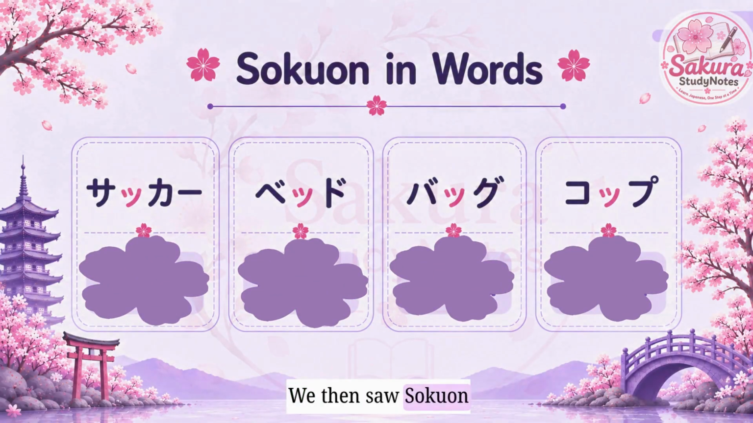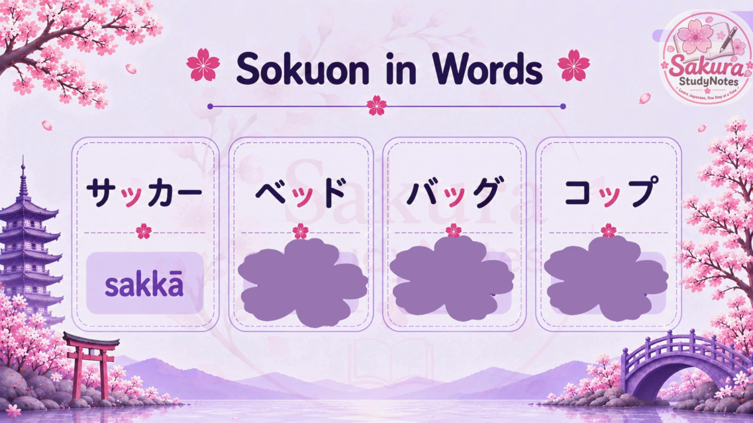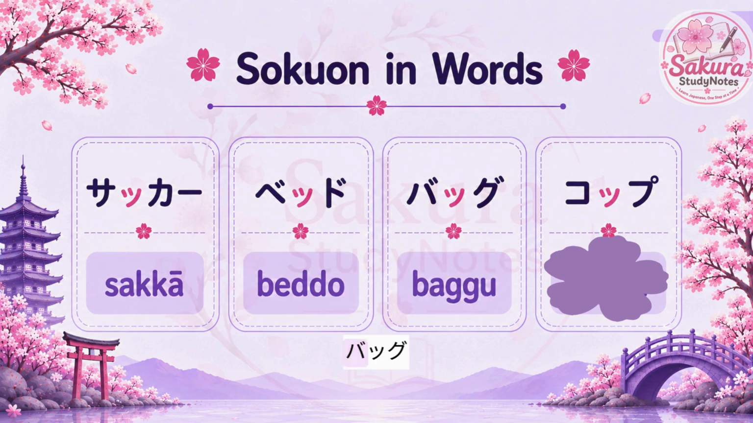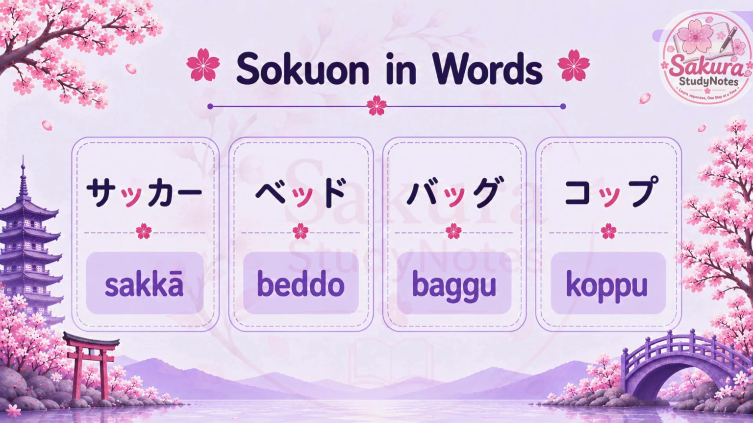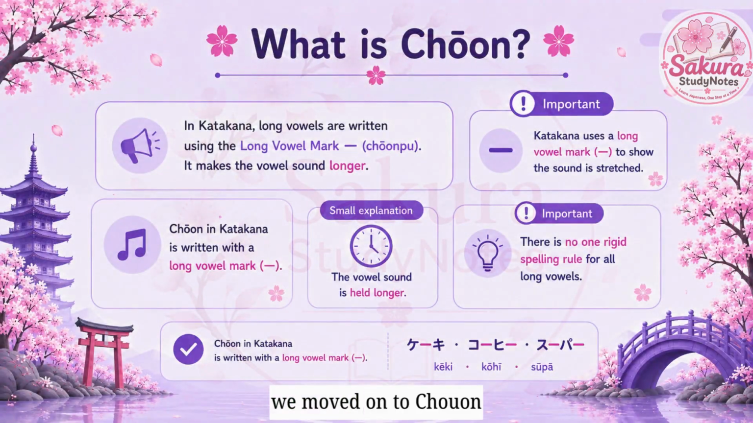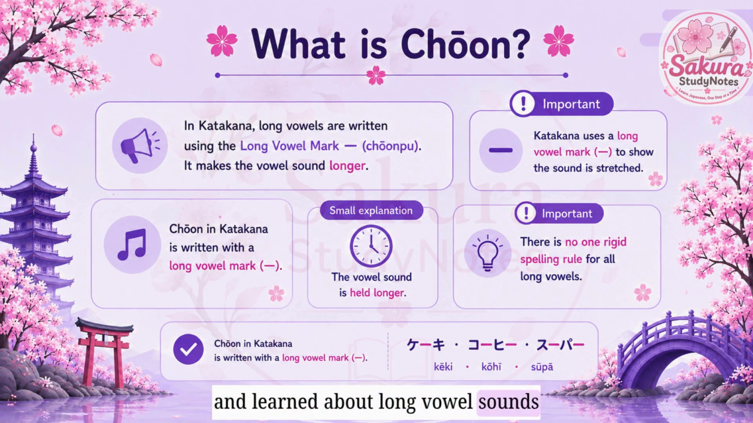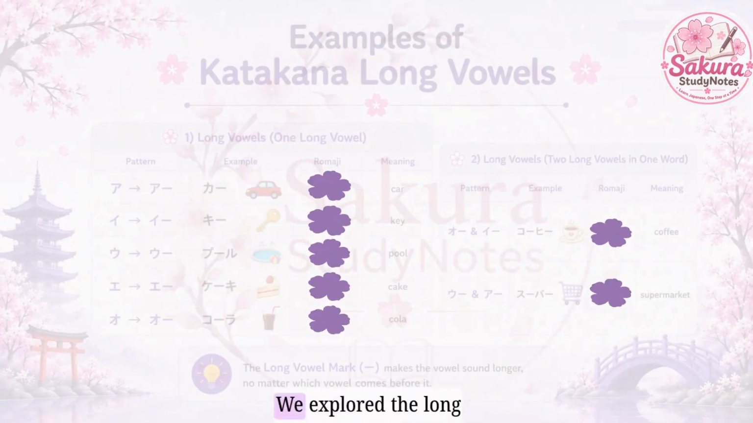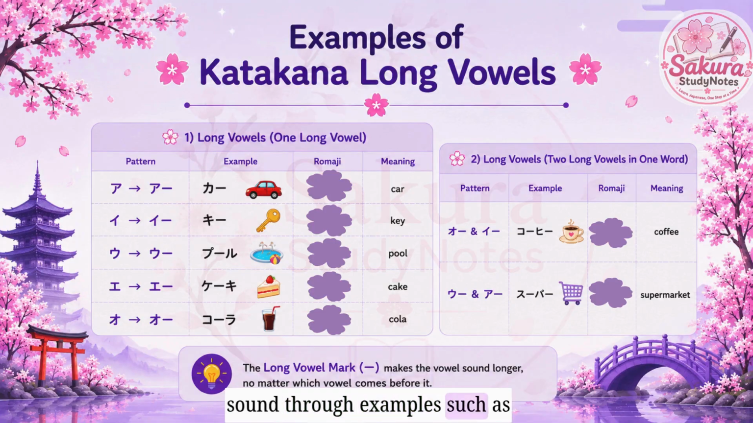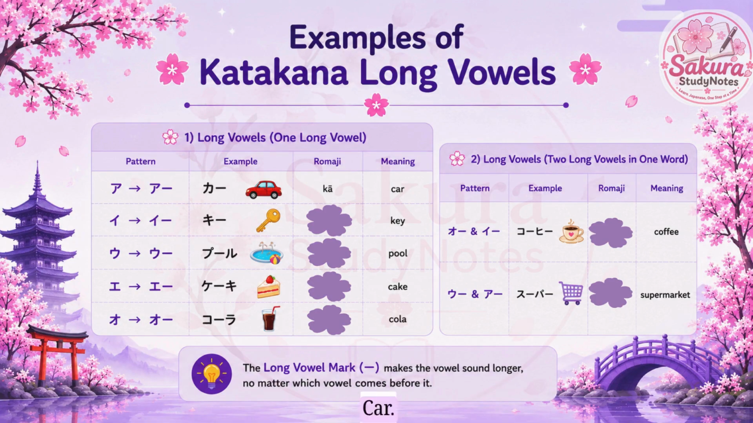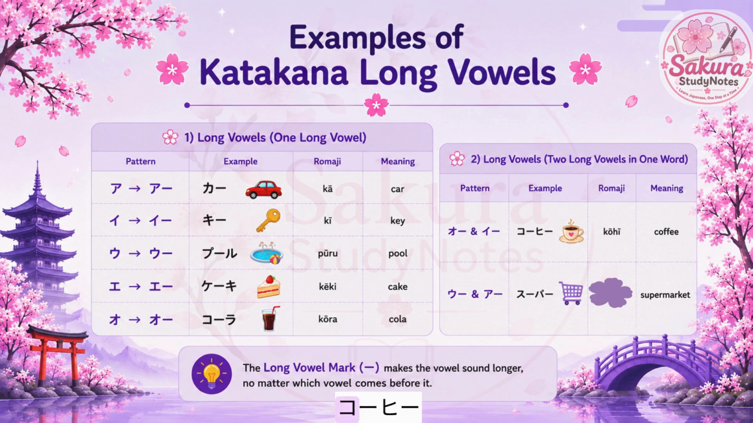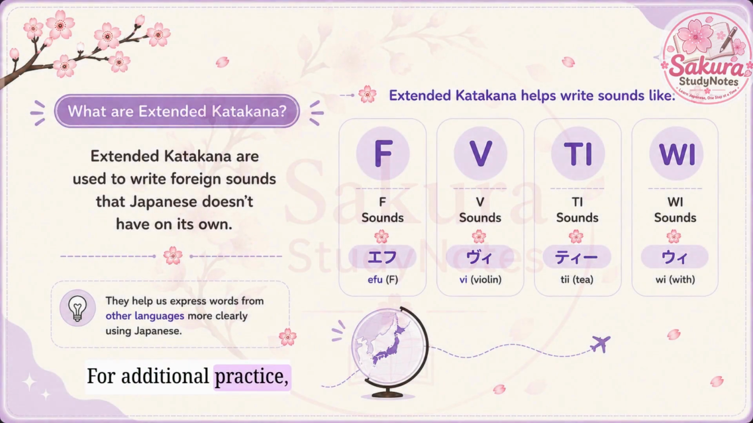We then saw Sokuon used in words such as サッカー、ベッド、バッグ、コップ。 Finally, we moved on to Chōon and learned about long vowel sounds in Katakana. We explored the long a sound through examples such as カー、キー、プール、ケーキ、コーラ、コーヒー、スーパー。 For additional practice, we've learned